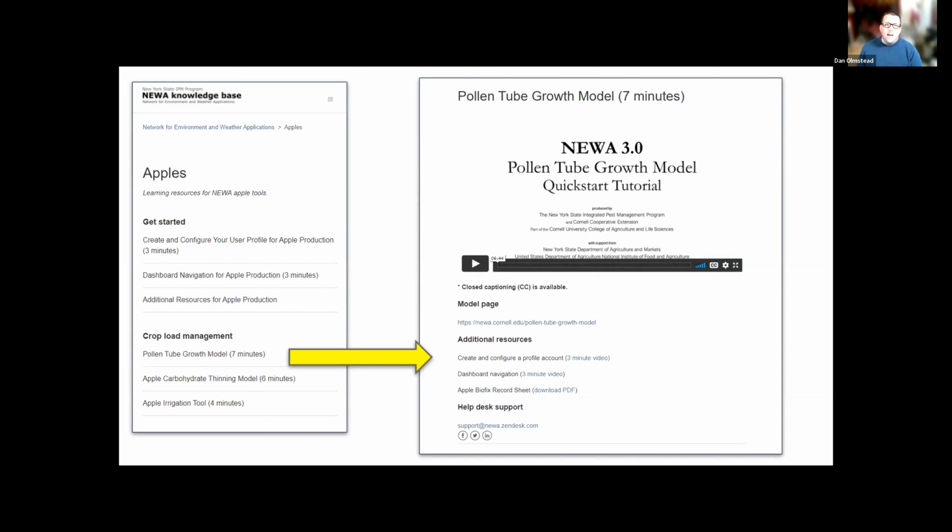And so again, we have what I call quick start videos that I really tried to limit to 5 minutes or less. With the more complex ones, you'll see 7 and 6 minutes respectively for what we'll talk about today, but it's an opportunity for you on your own time to take a self-guided approach where, a month or two, or whenever you are out from now, when you maybe don't remember everything we talk about today, you can go back, you can play the video, you can pause it, you can rewind,